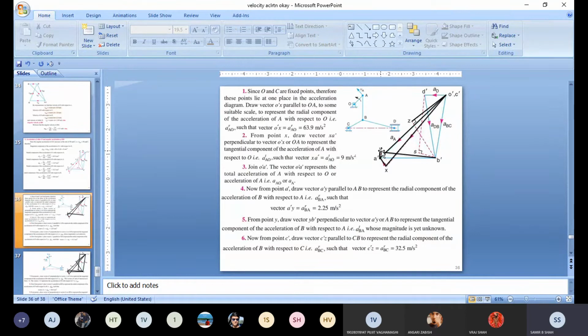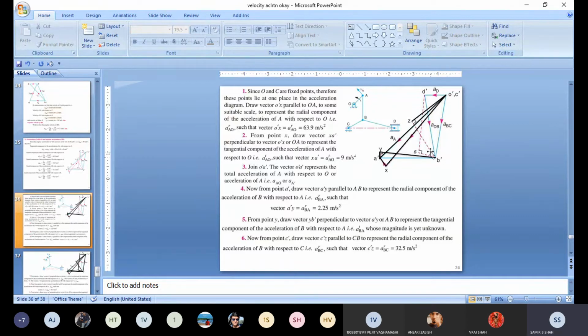Now after that, y b dash is the unknown portion for us because alpha is not given to us. So y b dash, which is perpendicular to capital AB on the space diagram, is unknown for us, and we have just drawn it with its direction only. We haven't the magnitude, so we keep it in the same position and we extend it.